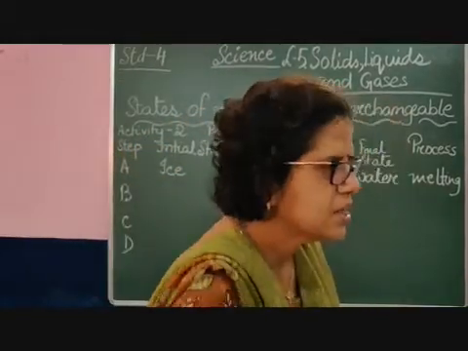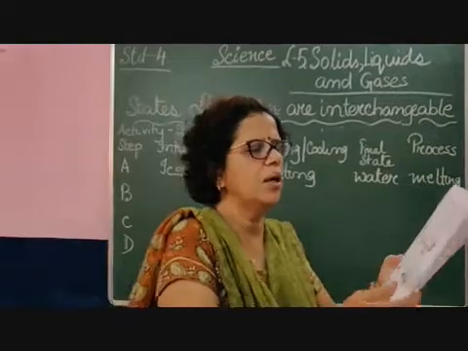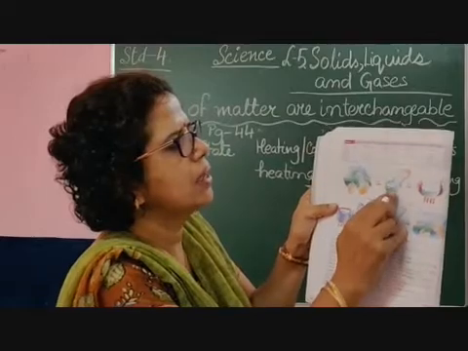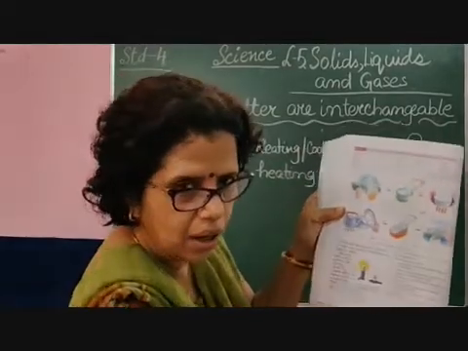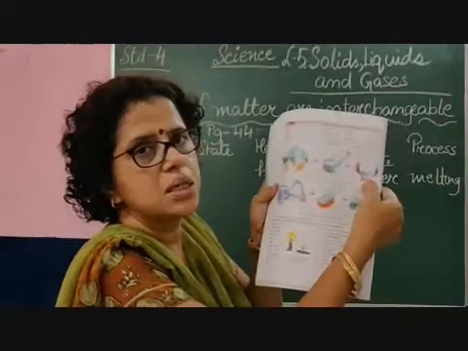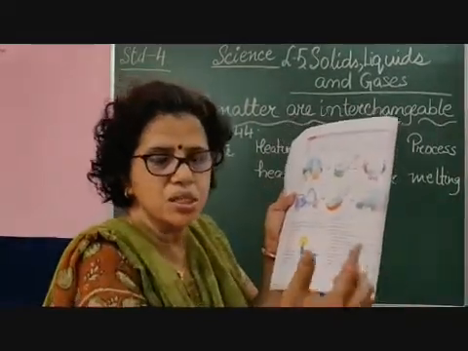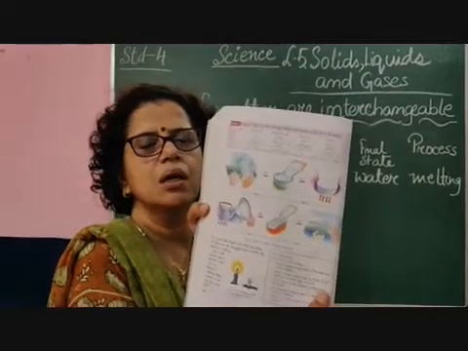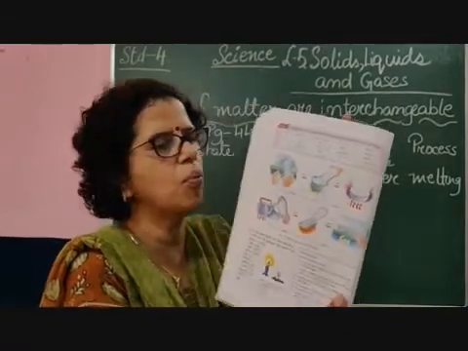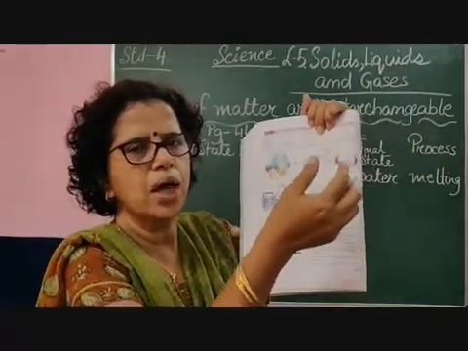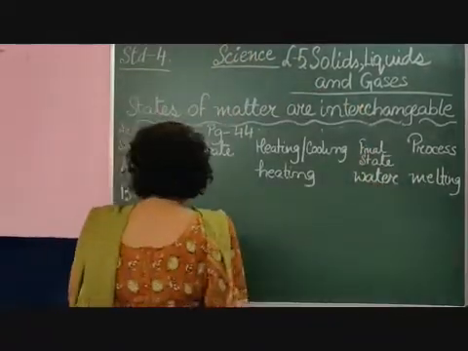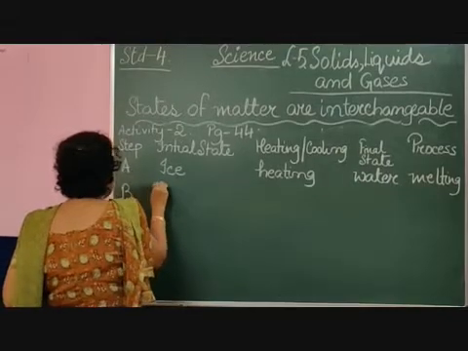Okay, the second one. What is the second picture given here? The second picture is, you have step A, this water which I have here. If I heat it, what will happen? You can see heat is given. That heating process I could not show you in this live class, but in the videos, and you can see it at home. I brought it and showed you how it becomes steam. So this ice becomes steam. So what is the second process we write? Second process, number B, we write water.